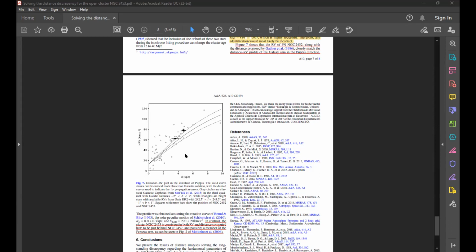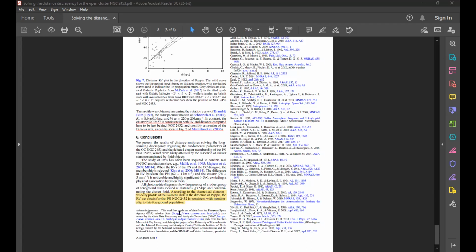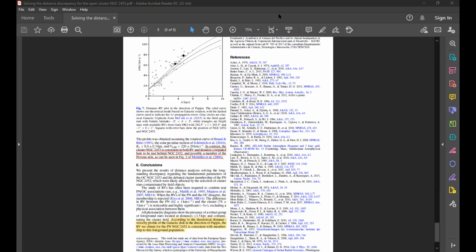The planetary nebula is much nearer to us compared to the open cluster. So that is how they are telling. These are the main three, but four points. They have not done Gaia EDR3, right? So that would be your contribution. Yes, so what they did is use the Gaia DR2, not the Gaia DR3.